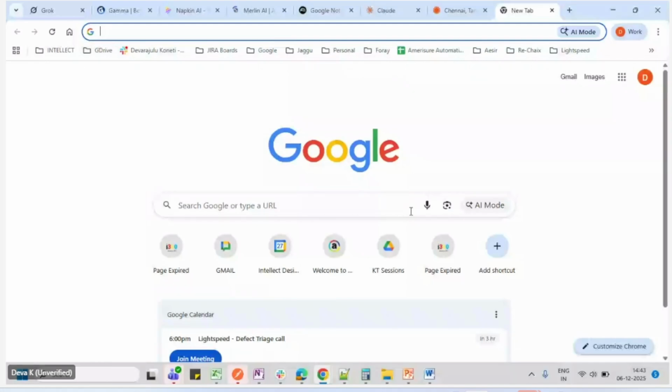This is another example, voice assistance. With the help of that, you can easily discuss with artificial intelligence tools. For example, if you want to search anything, by clicking this you can search. For example,